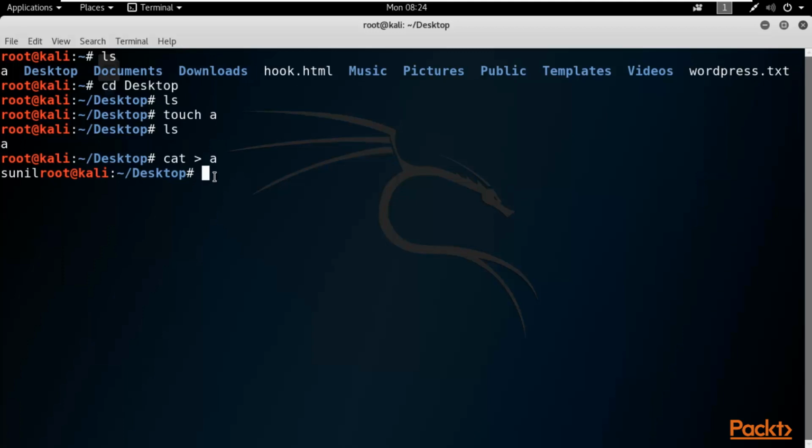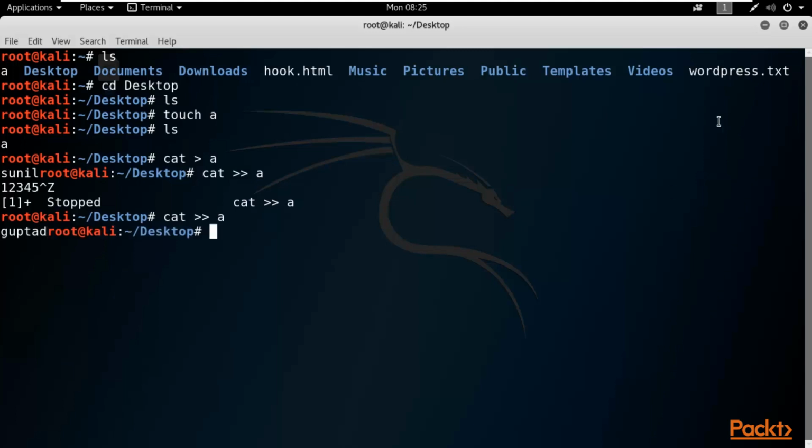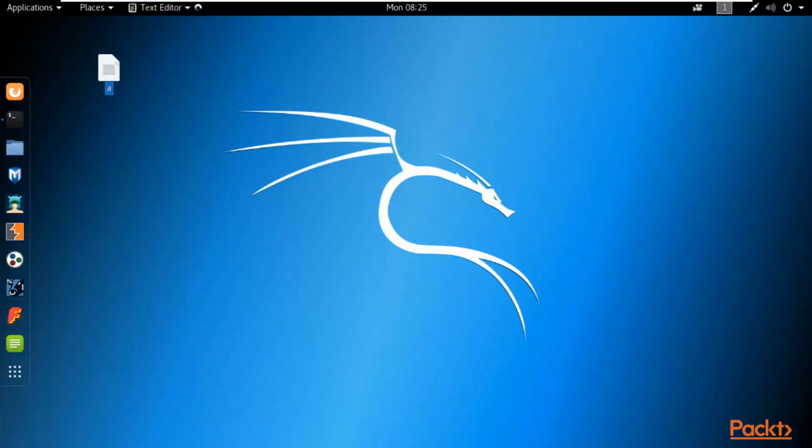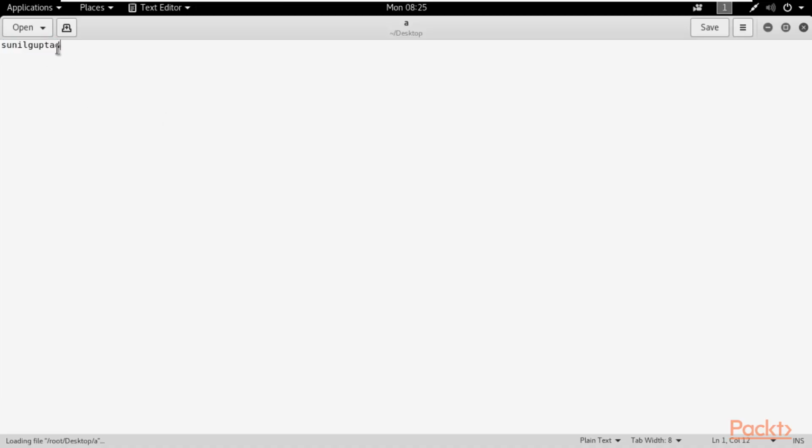For example, if you want to append, you can append it inside a file. How can you do this? So you can type here cat space this sign space the file name small a and hit enter, right? So here you can type whatever you want and you can append that file. For example, if I want to type my second name, which is Gupta, after that Control D, right? So you can minimize it, you can double click here and here you can see that I have appended that file using that command.